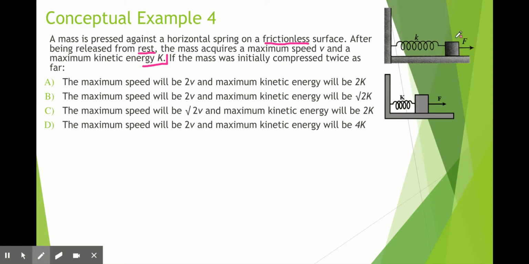It's being released from rest. So that tells us that v initial is 0. It's released from rest. Once it's released, so once it leaves the spring, it's going to exit the spring and begin to move at some velocity, v. So we're told that v final is v. From our initial point to our final point,